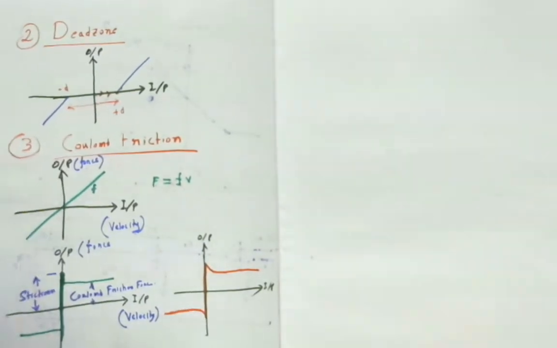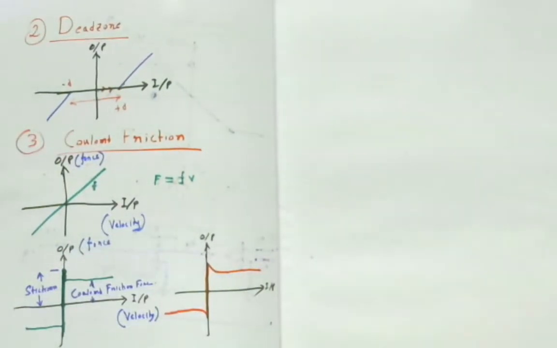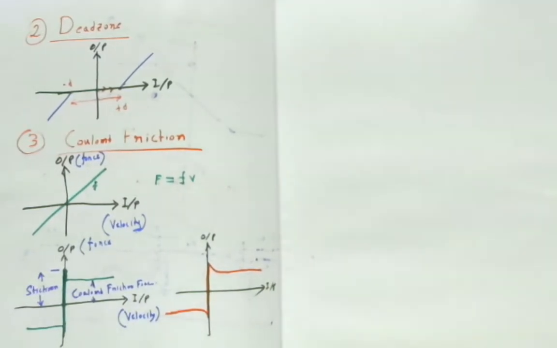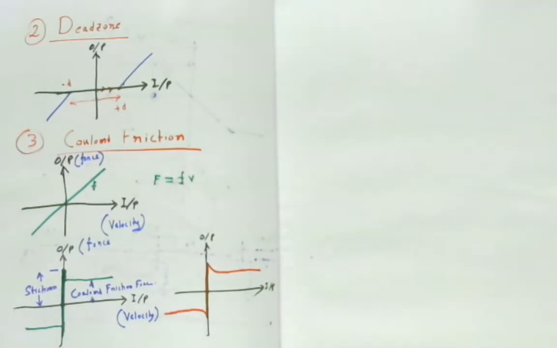So next, incidental nonlinearity. Again, I am talking about incidental nonlinearity. What is incidental nonlinearity? Incidental nonlinearity is the kind of nonlinear characteristics which are present inherently in the system. So this is not intentionally made. It is inherently present. In case of sliding surfaces, when the motion is initiated, there is a Coulomb friction, there is a